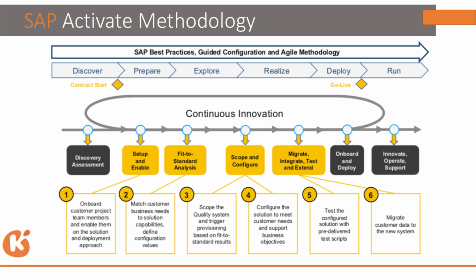Same concept here also. So in the preparation phase, generally we set up the project team, who are all going to do what modules, what is the team size, and what is the deadline for this. What are the timings? Is it a 6 months implementation, a 4 months implementation, or an 8 months implementation? How many countries are we going to implement? So everything will be deeply discussed in the preparation phase, and the project setup would be completed in this particular phase. And now moving to the explore